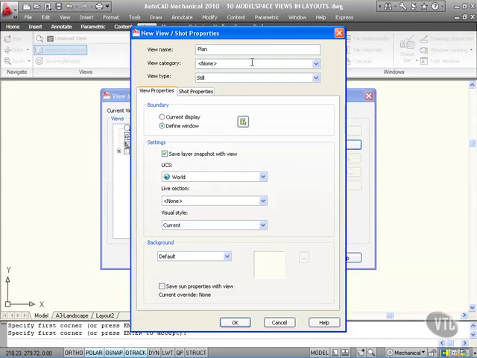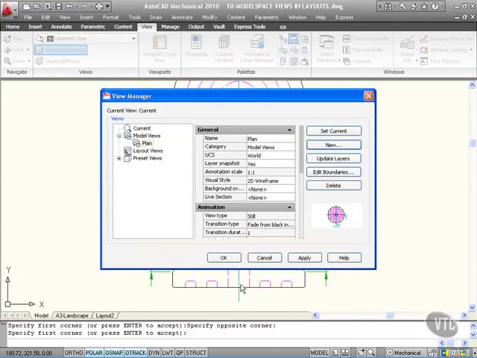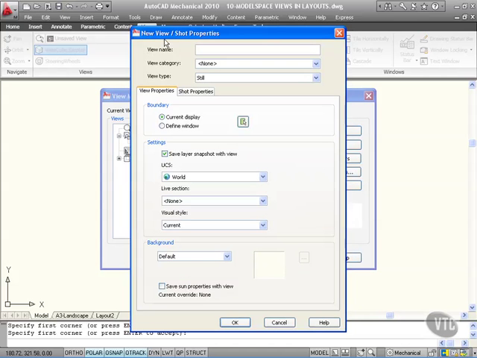Job done. Now the view category there, I'm going to call that a model view. So it's the view name Plan and the view category is model views. It's going to be a still view type, and I'll OK that. So there you go, model views, Plan. It's there. So what I would do now is start creating other views. So I'll click on New again, and this time I want my sectional view. So this will be view name Section AA,